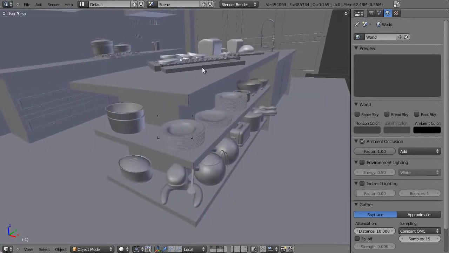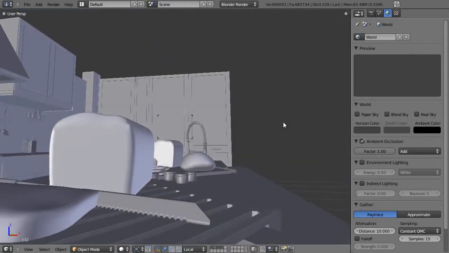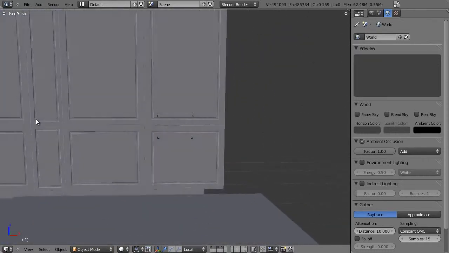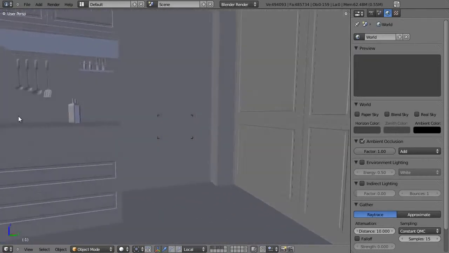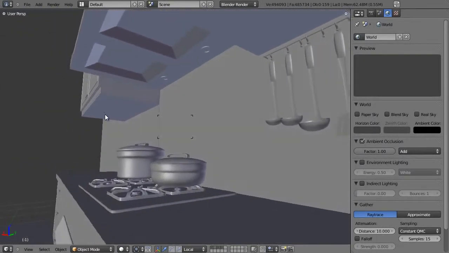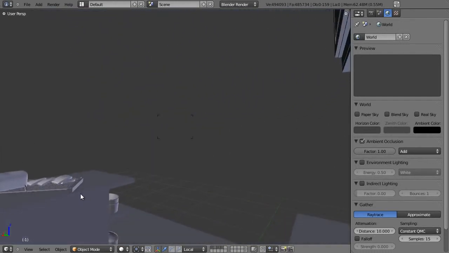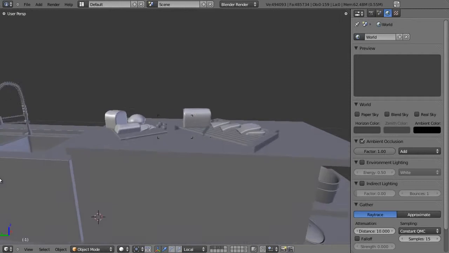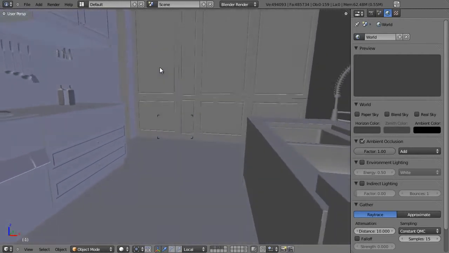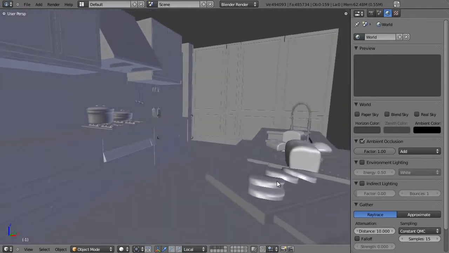Now I posted this idea on Facebook and somebody asked me, why am I teaching a tutorial on how to model a kitchen? Are there people in the world that don't know what kitchens look like? First of all, actually, yes, there are. Not everybody is as privileged as you and I. But the main purpose of this tutorial is, obviously I know what kitchens look like, it's just to give a few modeling tips and pointers for people that are wondering how to tackle something